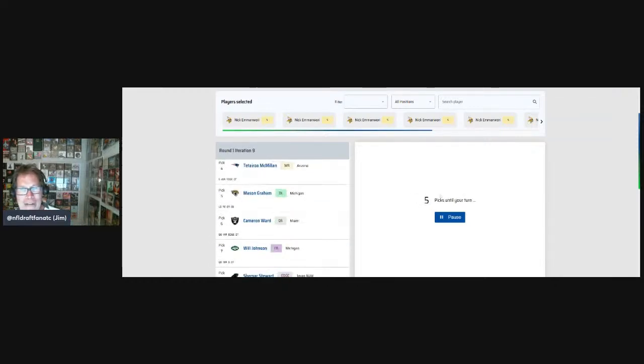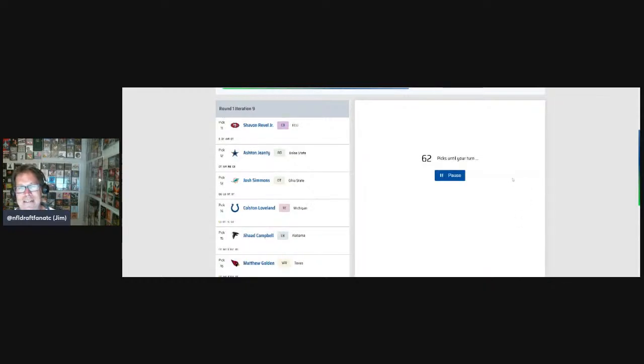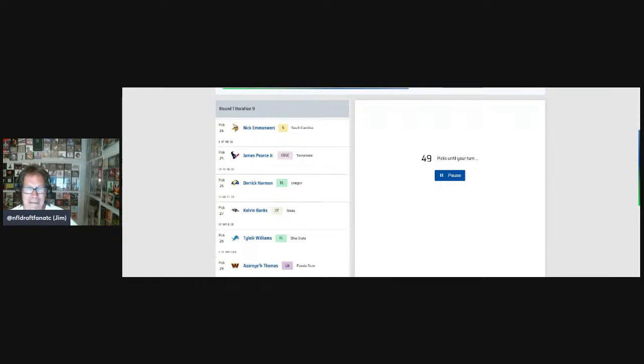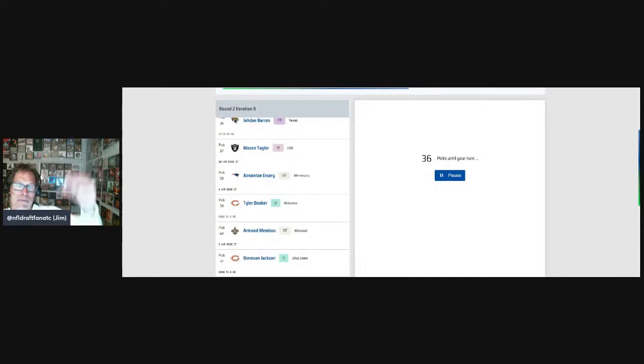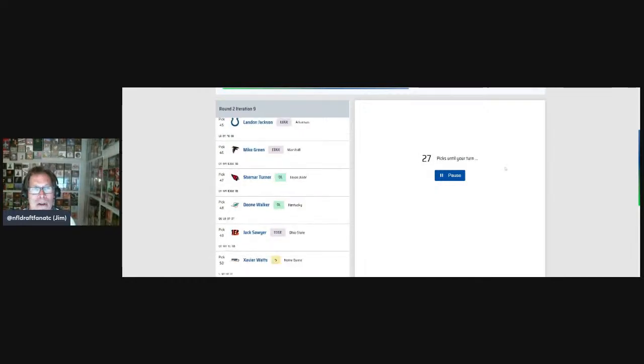I have to be able to get Emmanwori high enough that no matter who's dropping, basically the way I would say it is that if I can get Emmanwori to 14th and have the guys like Pierce and Loveland drop to 15 and 16, that's success. So it's a combination of Emmanwori has to move high enough, as well as the players above him have to just decrease in value enough that they are below Emmanwori.